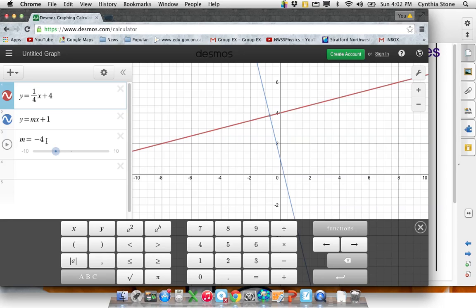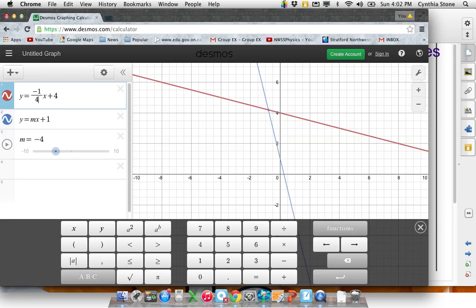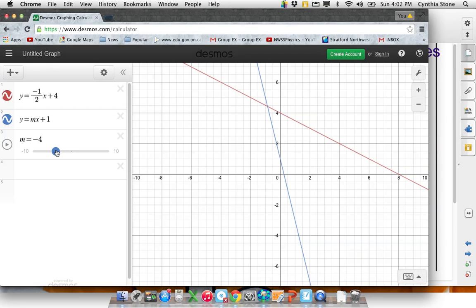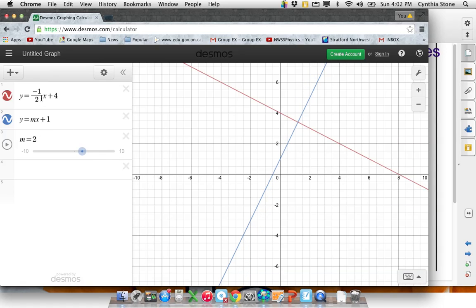But I could say, what if I change this to -1/2? Okay, so now let's figure out what's perpendicular. So now I have to change it quite a bit, play with it. Oh, that's getting close. It's getting close, close, right there. So -1/2 gives me, if the red is -1/2, the blue line has to be at m equals 2